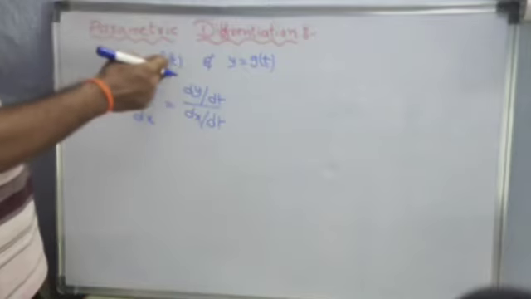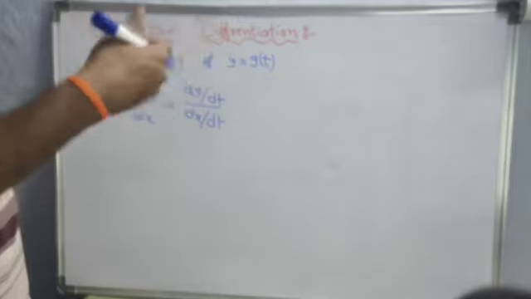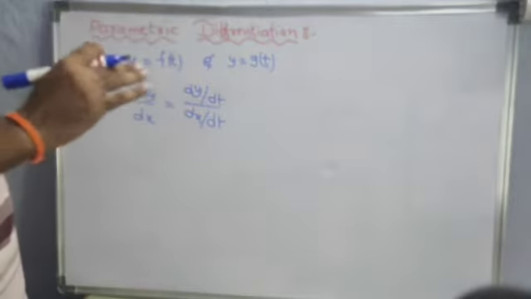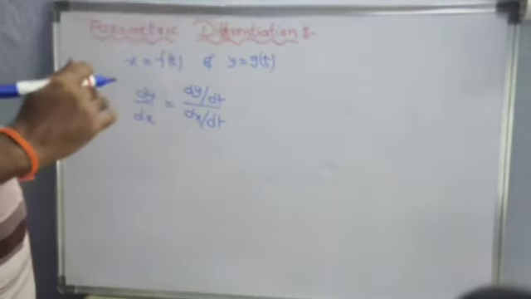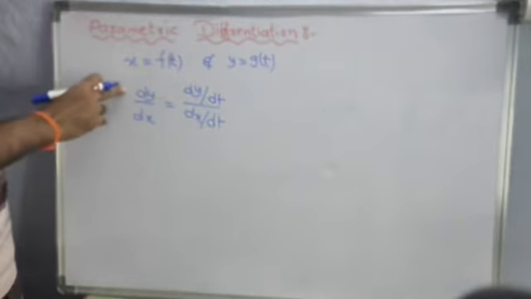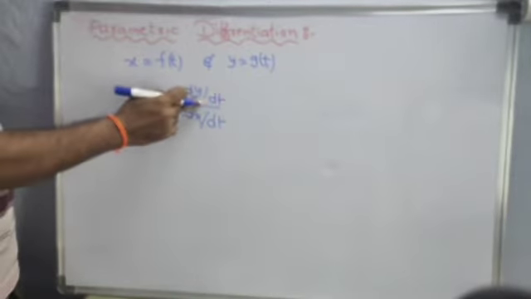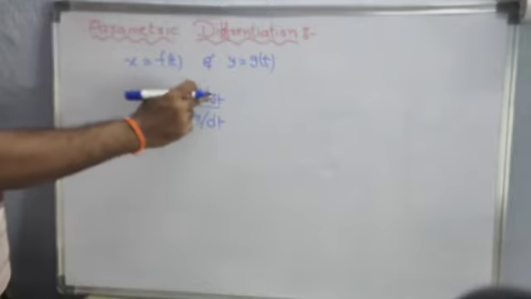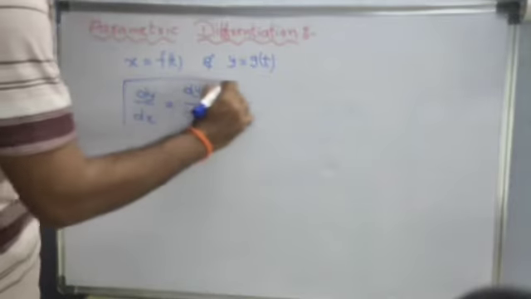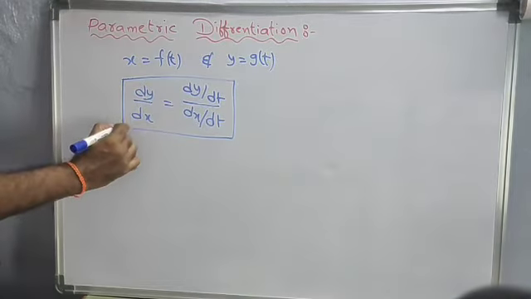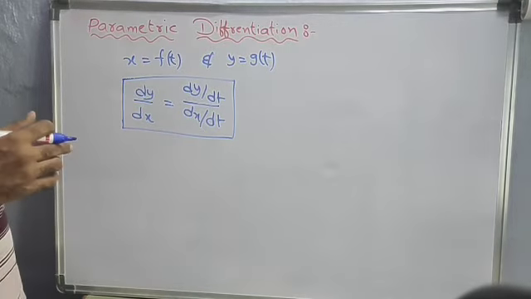Suppose these are the functions. Now here I am taking t. In some textbooks they take theta or another variable; you can take any one. That means x, y are variables depending upon a different independent variable. Suppose you want to find dy by dx: since y is a function of t, it is dy by dt divided by dx by dt. So dy by dx value is this one. This is the procedure for differentiation, or the derivative, of parametric functions.